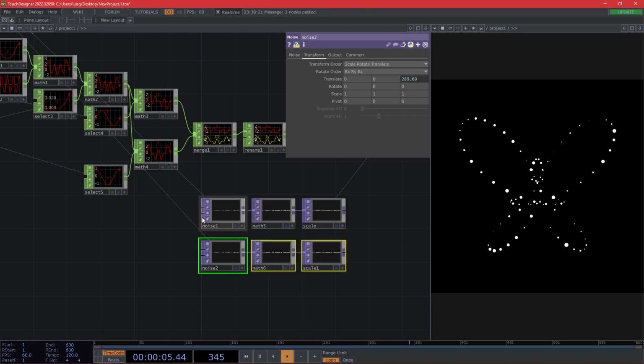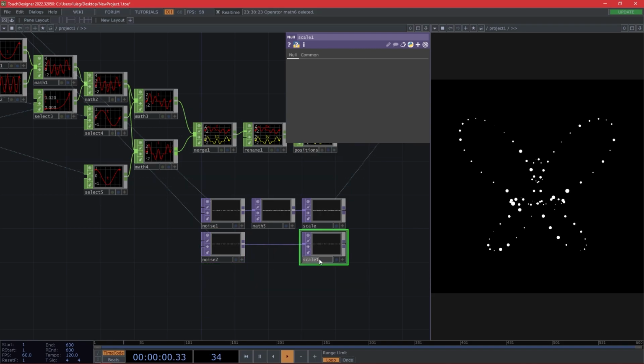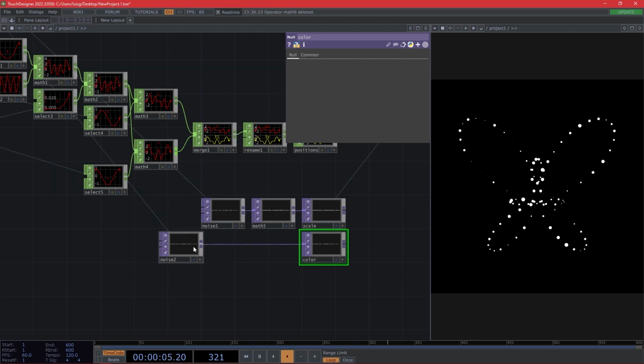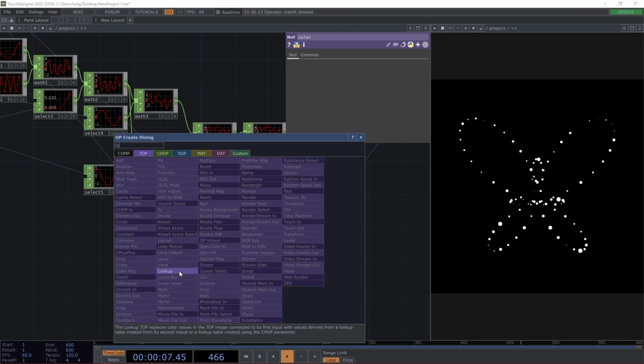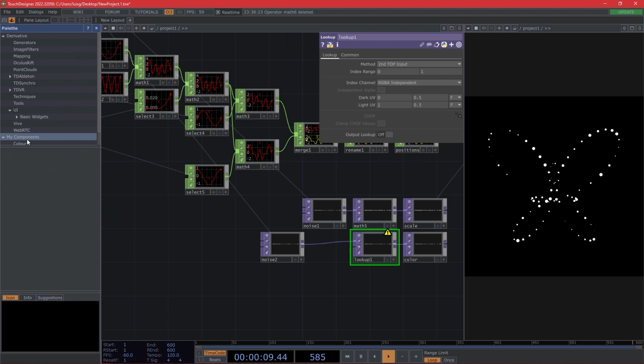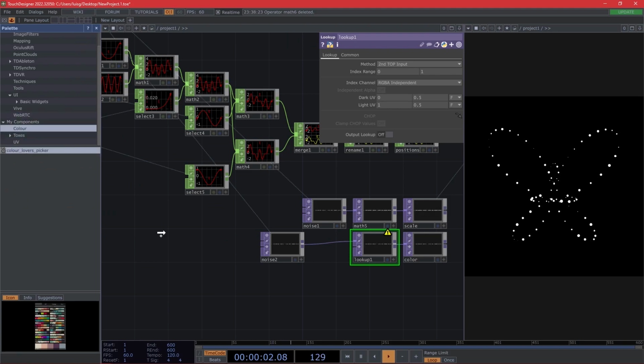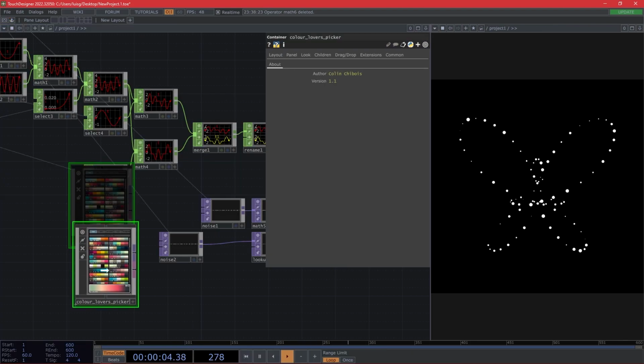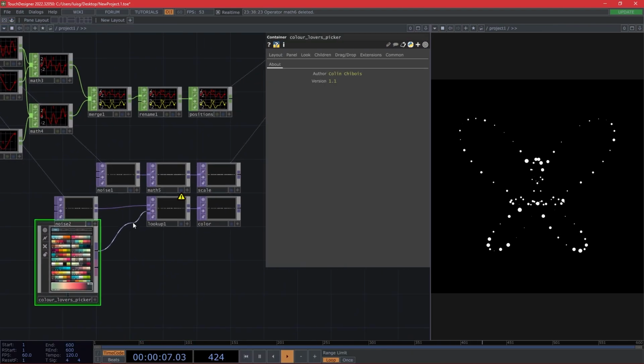Also, you can copy and paste this. We delete the second math and we rename the scale to color. And here you can use a lookup, and you can make a ramp to look up on those colors, or you can use the color lover speaker talks that is available in the derivative page that will help you to have beautiful